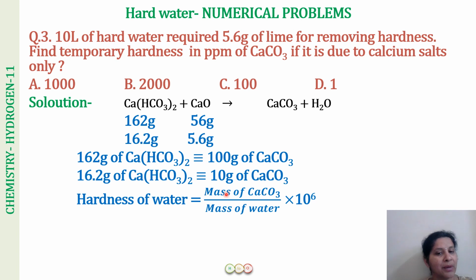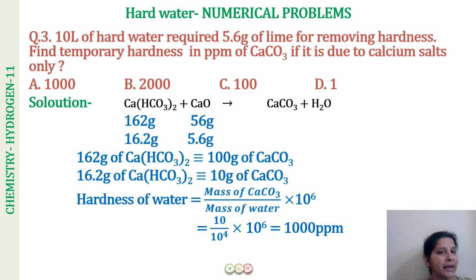this is going to be equal to mass of calcium carbonate over mass of water into 10 power 6. So mass of calcium carbonate is 10 gram, mass of water is what you will be finding from the 10 liters of water. So 10 liters is going to be equivalent to 10 kg. I hope now this is clear to you. So what we have is 10 over 10 to the power 4 into 10 power 6. So the answer is going to be 1000 ppm. So we have 1000 ppm of hardness in terms of calcium carbonate because of this temporary hardness causing salt, that